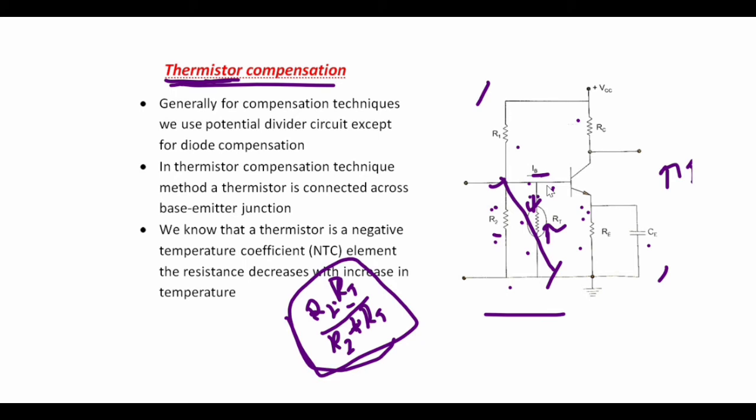We have seen earlier the collector current equation: IC is equal to beta IB plus 1 plus beta into ICBO. If the collector leakage current ICBO, which increases with temperature, increases, then the beta into IB term, that is the base current, decreases and keeps IC constant. Likewise, in the thermistor compensation technique, the collector current is maintained in a stabilized manner. Okay, we have seen this, and let us move to the Sensistor compensation technique.